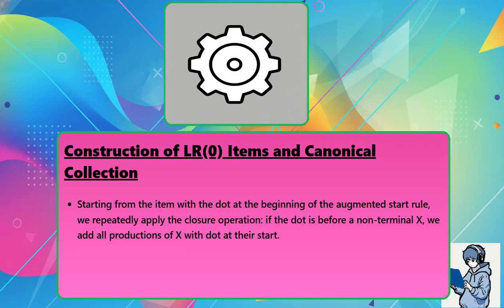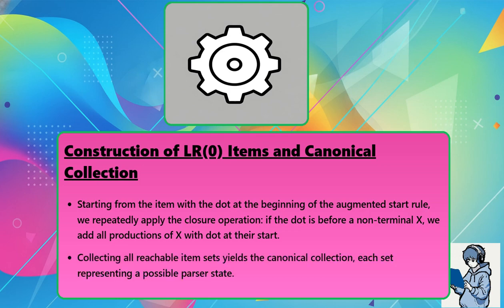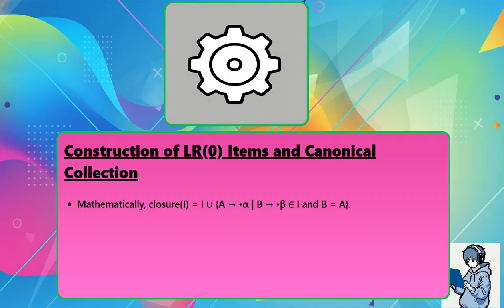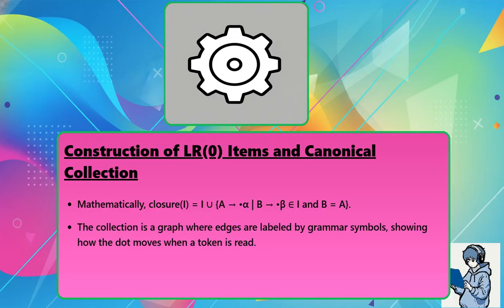Starting from the item with the dot at the beginning of the augmented start rule, we repeatedly apply the closure operation. If the dot is before a non-terminal X, we add all productions of X with the dot at their start. Collecting all reachable item sets yields the canonical collection, each set representing a possible parser state. Mathematically, closure of I equals I union the set of A produces dot alpha such that B produces dot beta is in I and B equals A. The collection is a graph where edges are labeled by grammar symbols, showing how the dot moves when a token